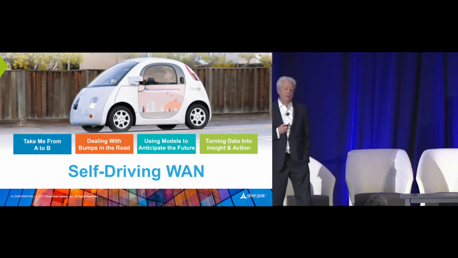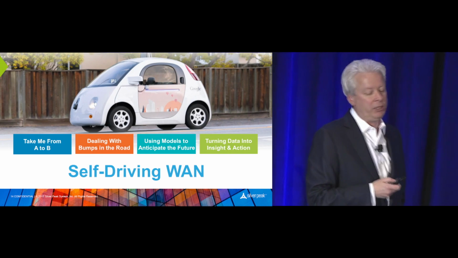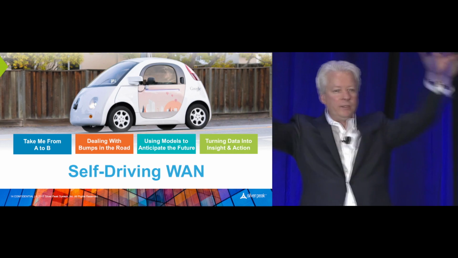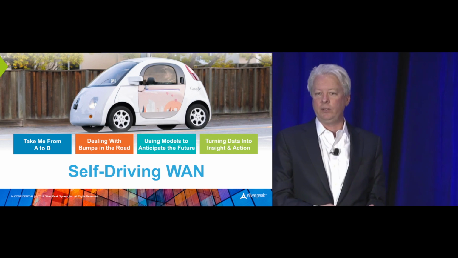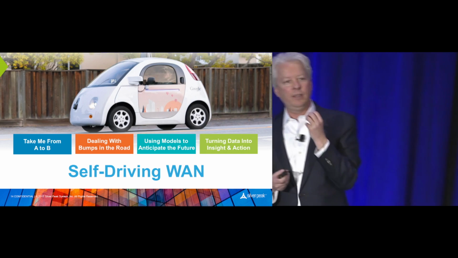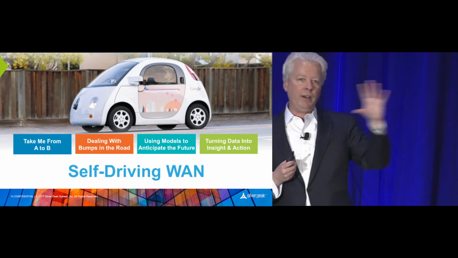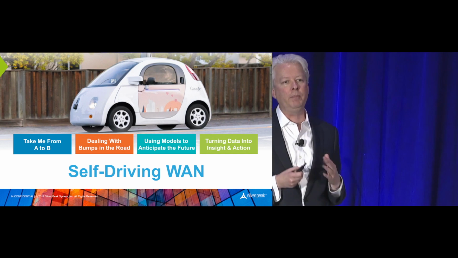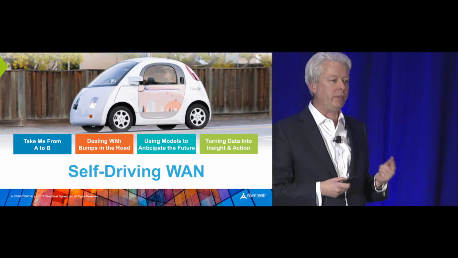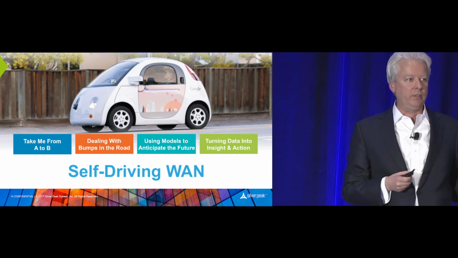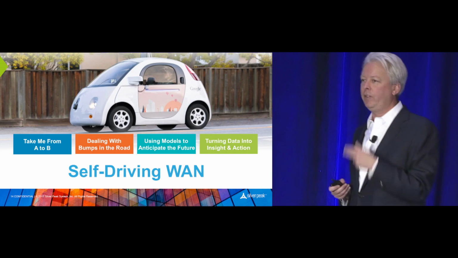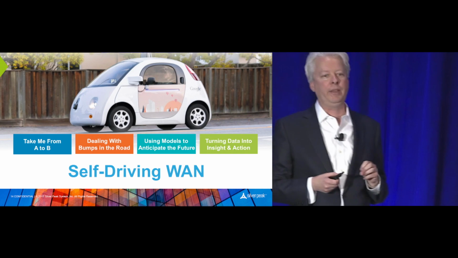The last example of using AI and machine learning is around turning data into insight and action. So in a typical enterprise's SD-WAN, they may have a few hundred sites. And if they're using several different transports, say MPLS, Internet, and LTE, they're going to have hundreds of thousands, in fact, in some cases, millions of individual paths between all of their devices. On each of those paths, in each packet, we have a sequence number and a timestamp. So every second, on millions of paths, we're measuring the latency, the loss, and the jitter of that path and